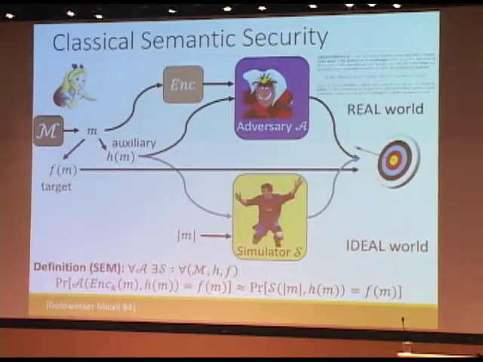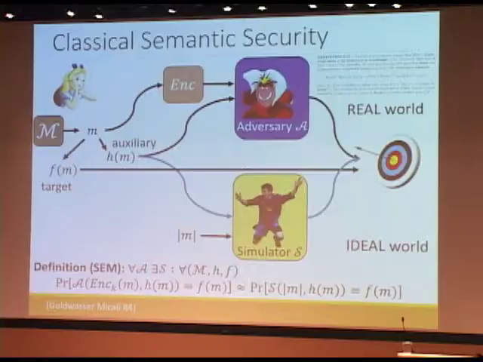But intuitively, it's like whatever your adversary is able to do, you should be able to explain that in a way that is not using the encryption of M. So that's kind of what this says. That basically means that there isn't any information about M left once you encrypt it.